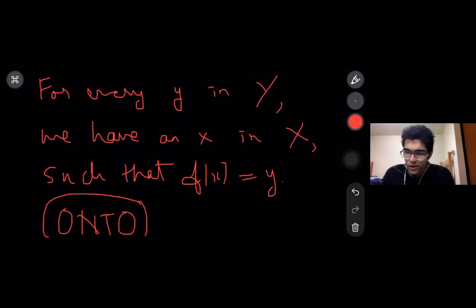Okay, so what we are doing here is, y is the codomain, I hope that's clear, and x is the domain. An easy way to remember this is that in all functions we'll be using x as the domain and y as the codomain, because we can always think of x as the x-axis where all the numbers exist, and the y-axis where we plot the function values. So y is always the codomain and x is the domain. For every number in the domain, we try to map it to a number in the codomain. So you can think of it that way.